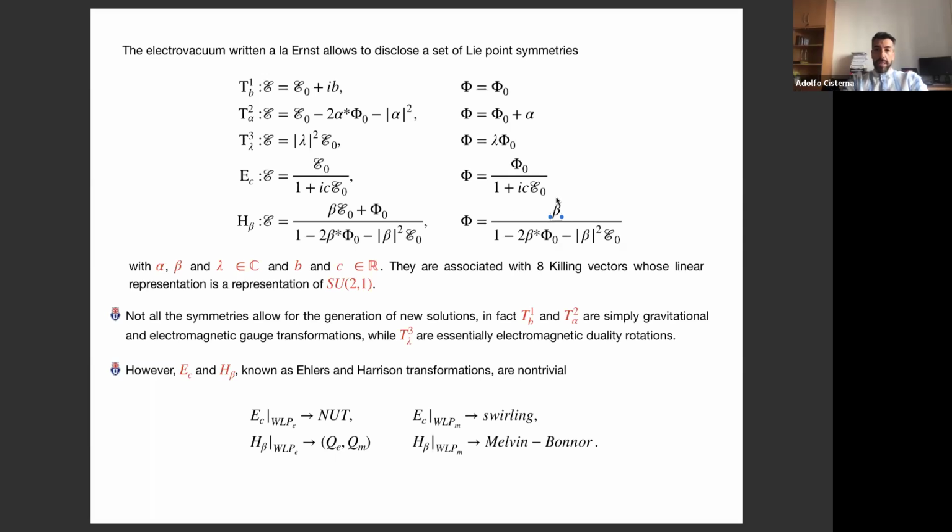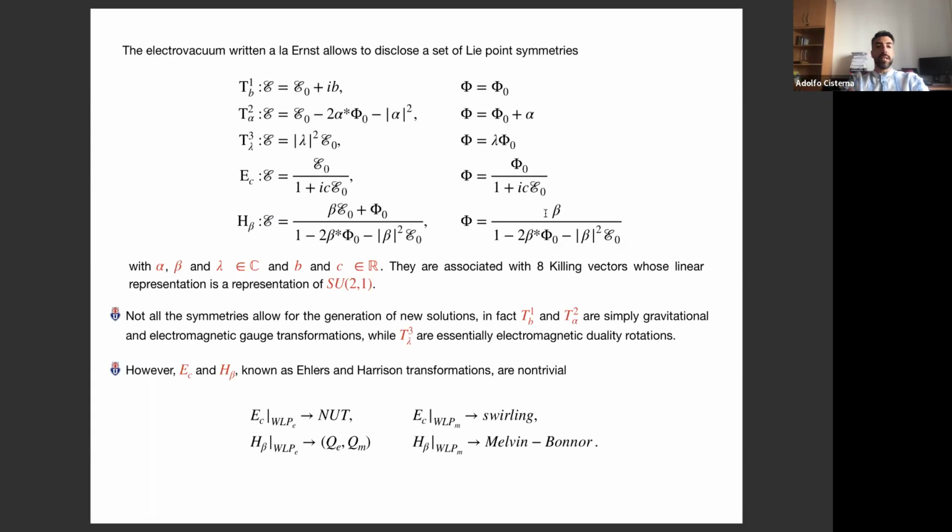Yeah, sorry, I have a typo here. This numerator should be here, and here should be only beta epsilon 0. So please take into account that this beta epsilon 0 plus phi 0 should be here. Why? Because then you will see that you might have no electromagnetic field phi 0. You have a non-trivial transformation for your gravitational potential, but because of this beta epsilon 0 going on here, you will induce anyway a non-trivial gauge field.